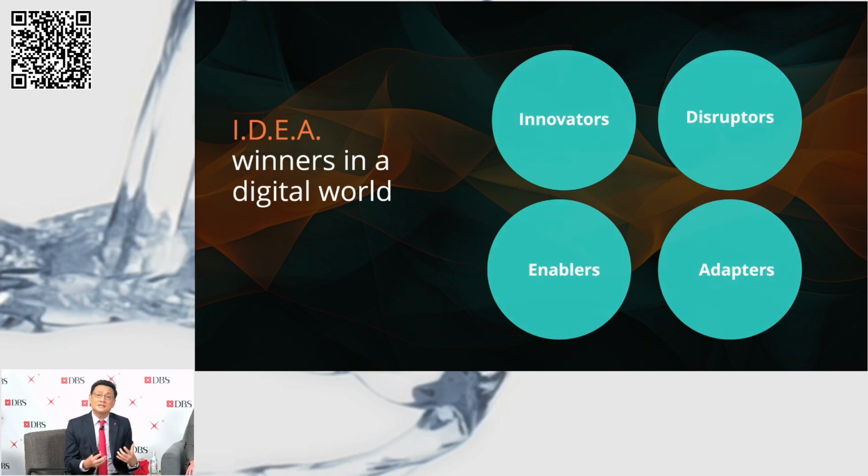businesses. E stands for enablers, really the brains that enable the digital economy, the likes of semiconductor companies, the NVIDIAs and the AMDs that really create very complex semiconductor chips to empower artificial intelligence, for example. A stands for adapters, really traditional companies that are able to adapt and capitalize on this digital economy. A good example is Walmart in the US with its e-commerce channels on top of their brick-and-mortar retail